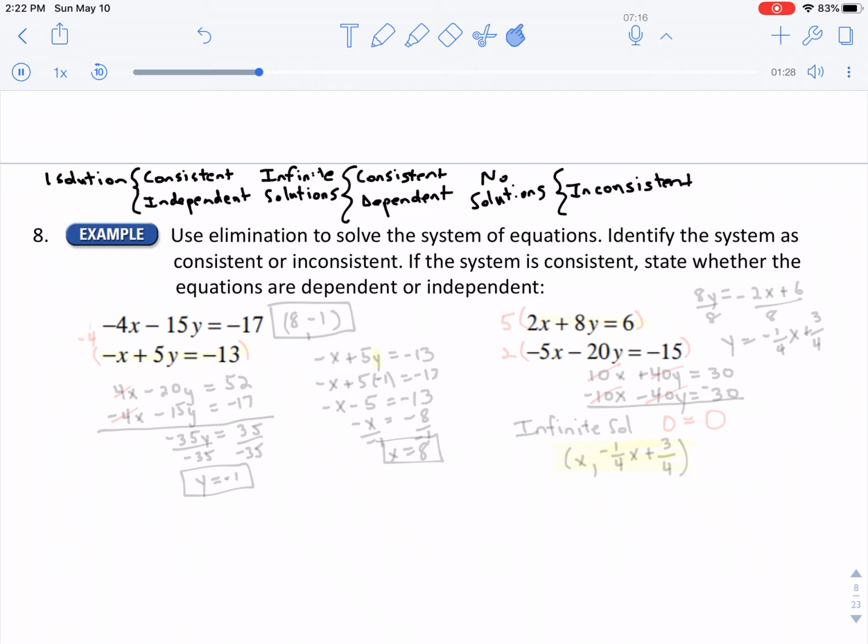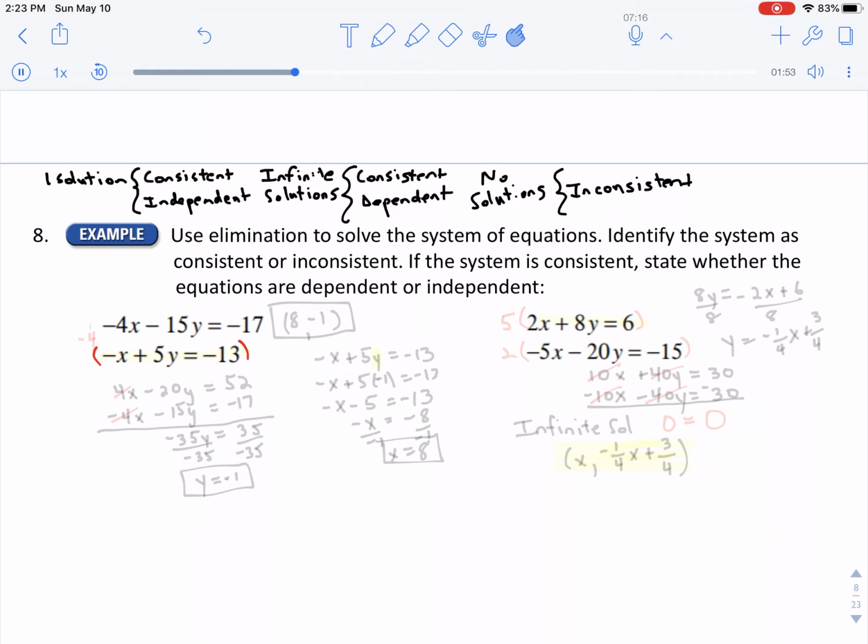All right, so let's look at problem 8. It says use elimination to solve the system of equations. Identify the system as consistent or inconsistent. If the system is consistent, state whether the equations are dependent or independent. So, to use elimination, we want one of the variables to disappear, so I'm going to try to get the x to disappear. That means I'm going to take the bottom equation and I'm going to multiply it times a